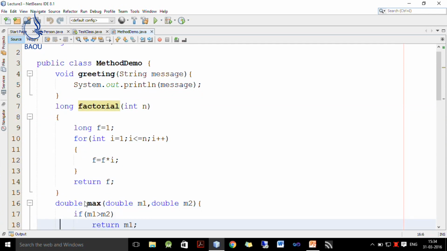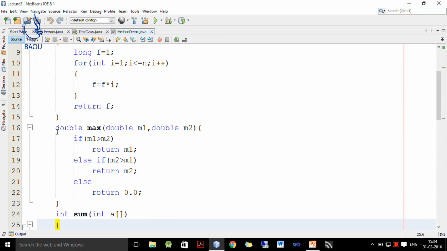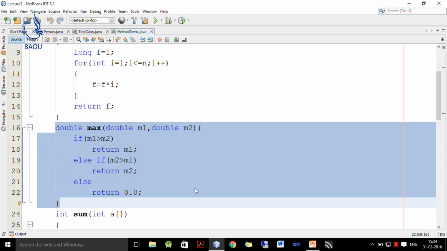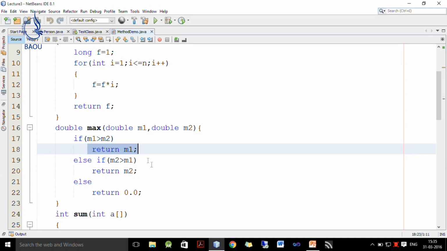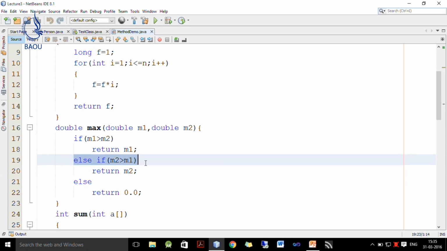The next is the max method, which takes two arguments m1 and m2, and we want to return the maximum of these two values. So, I write if m1 is greater than m2, it means m1 is maximum. So, I return m1. Now, the next condition to be tested is whether m2 is greater than m1.